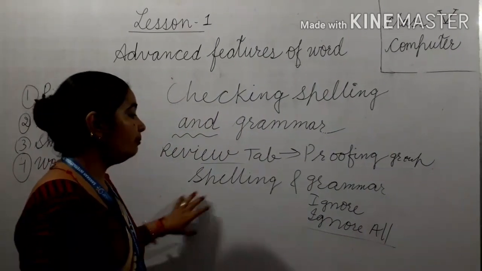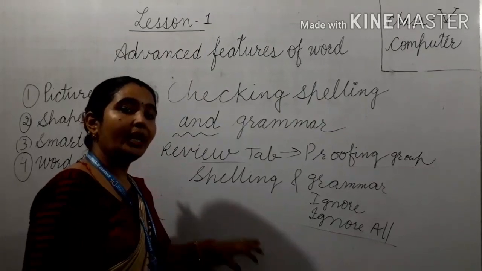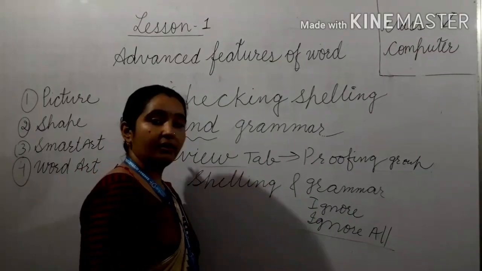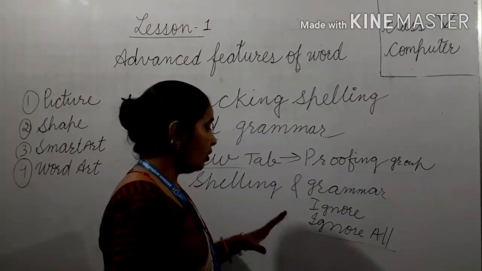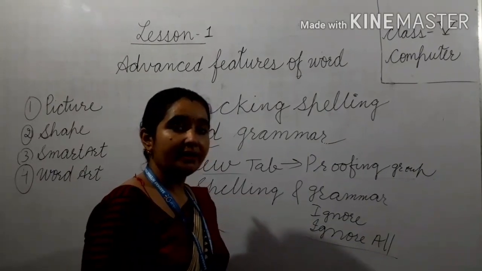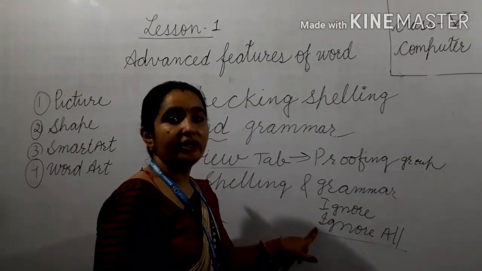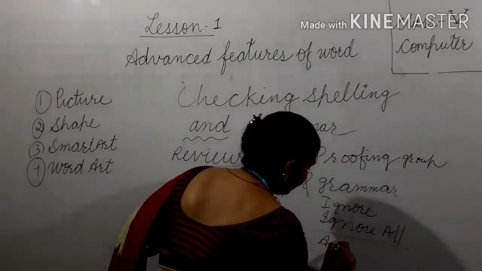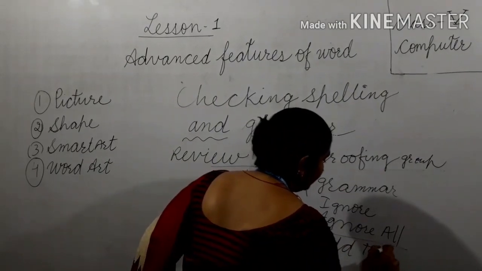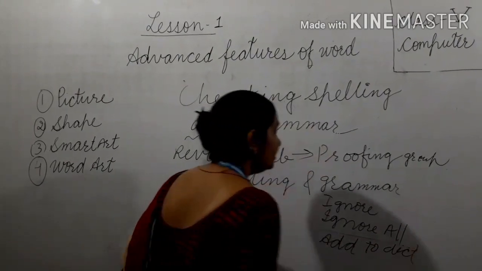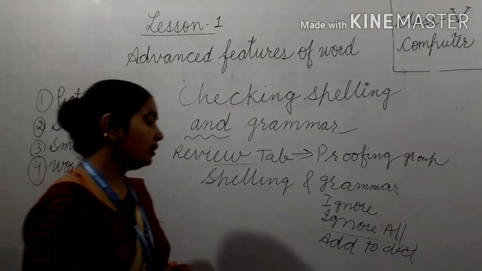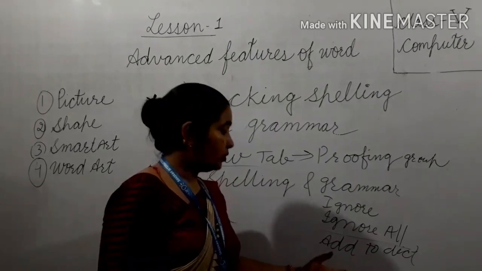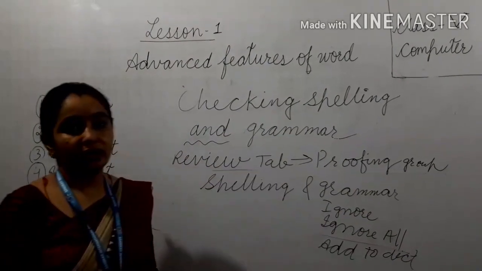मतलब जहाँ जहाँ वो spelling बार बार repeat हुई है, computer will show you again and again the red underlines. So you can, in one attempt, you can omit that all spellings. Omit it means you can ignore that all spellings at one, कि computer बार बार उसके ऊपर attention ना करे. Third option you will get, that is add to dictionary. Add to dictionary. It means this word should be added in your dictionary and it is your most usable word. So you can add it to the computer's dictionary.